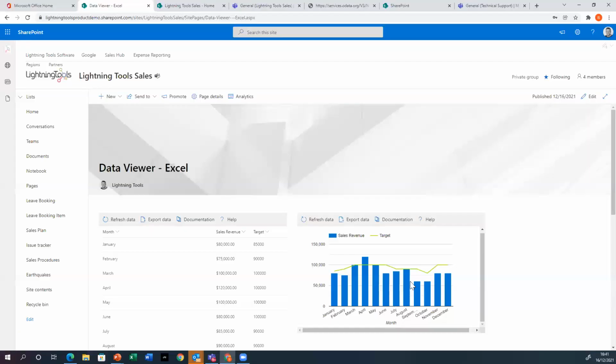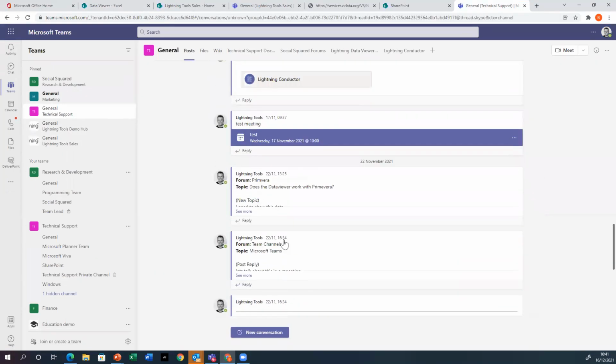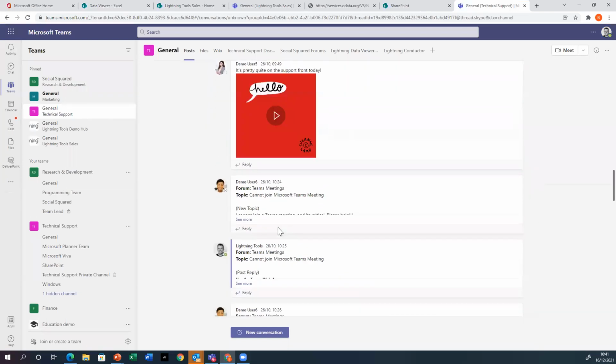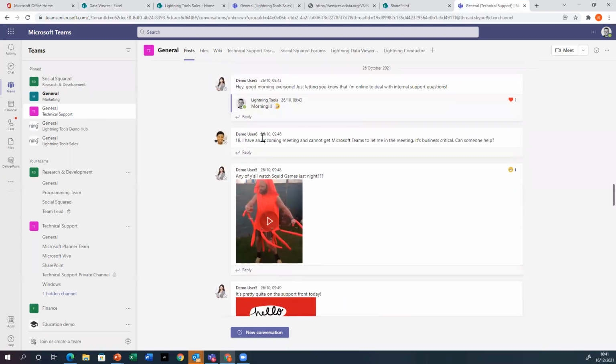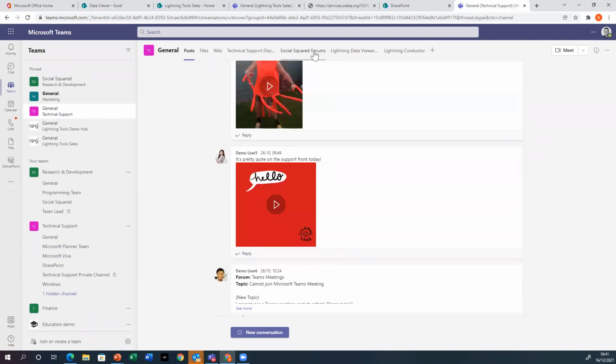So what I'm going to do here is just jump back into SharePoint. In fact, sorry, I'm going to jump into Teams. So here inside of Teams, you'll see I've got Social Squared as a tab inside this technical support team. And rather than using the posts tab in here, where people can ask their questions and so on, and maybe get interrupted by people putting GIFs in there and that type of thing, what we can do is have a